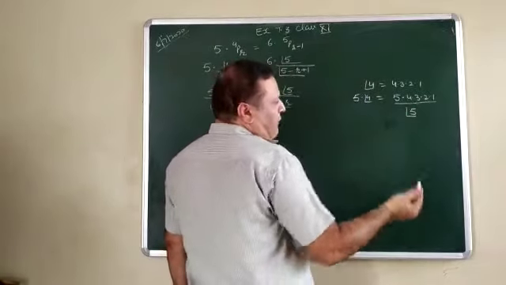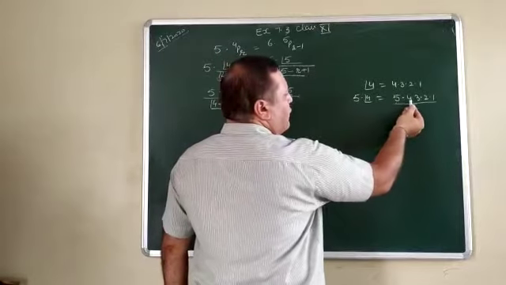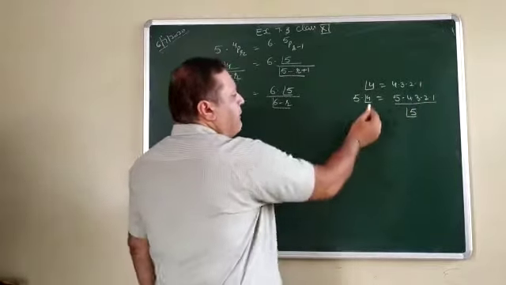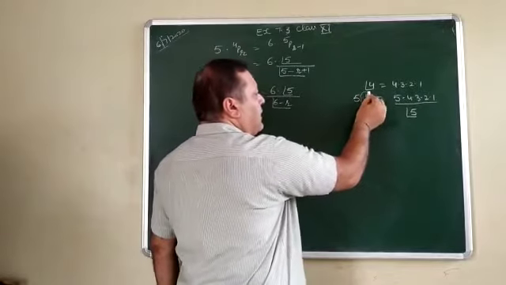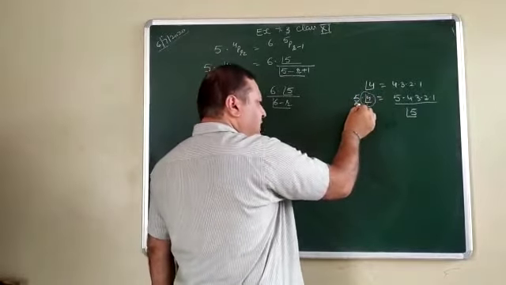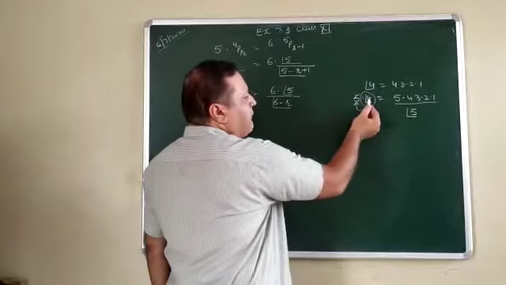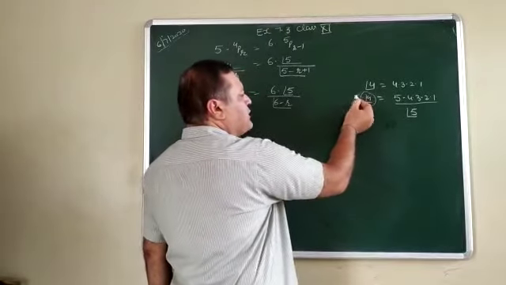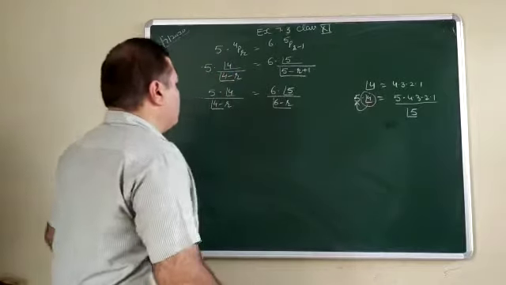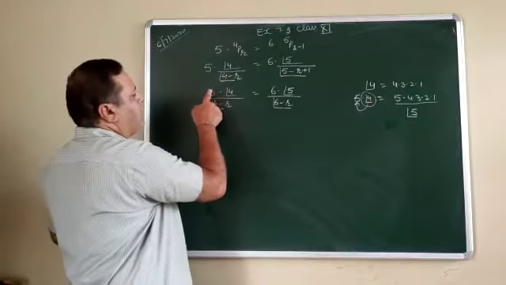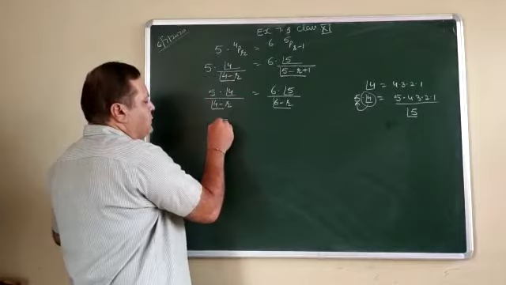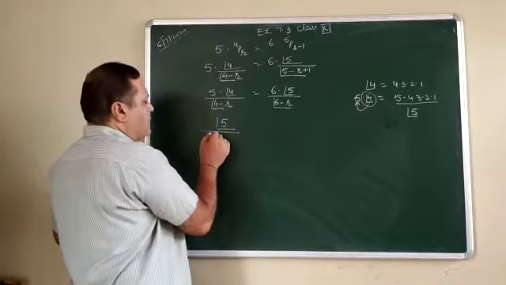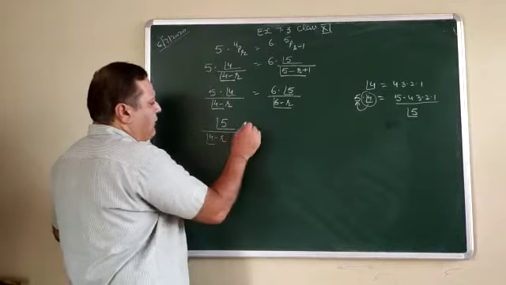If you open 5 factorial, what is your answer? 5 into 4 into 3 into 2 into 1. So whenever a factorial number is multiplied with its next number, the factorial shifts its position: 4 factorial changes into 5 factorial. If you want to change this 4 factorial into 5 factorial, you can, or if you want to open it, you can. It is your choice.